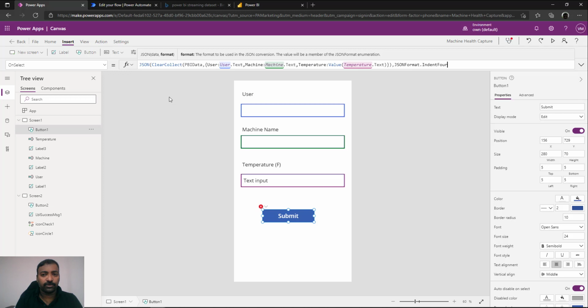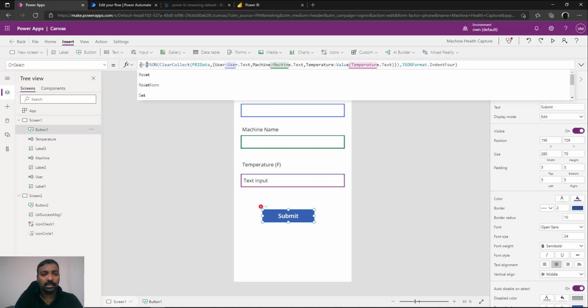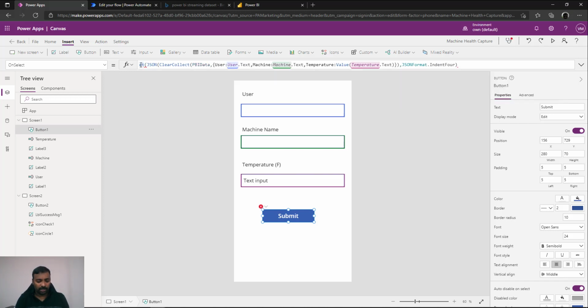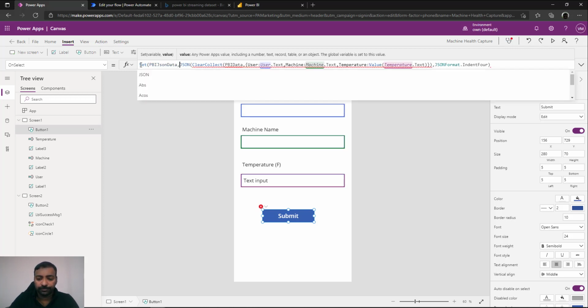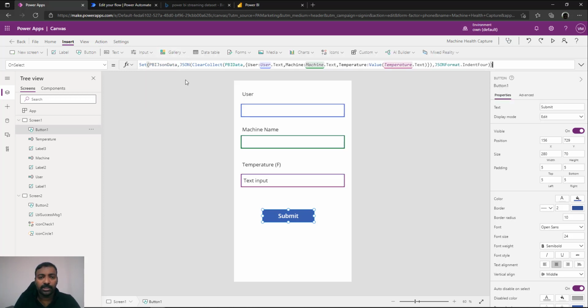So you can use the indent4 option, and then once you convert it into JSON, finally you can set it to another collection which is called PBI JSON data, and this PBI JSON data will be passed to your Power Automate. So what you have done is, you have captured all the values that are coming from each of your input text boxes. You have created a JSON with that, and that JSON will be set to another collection.